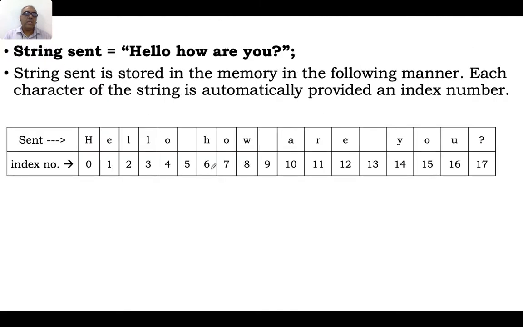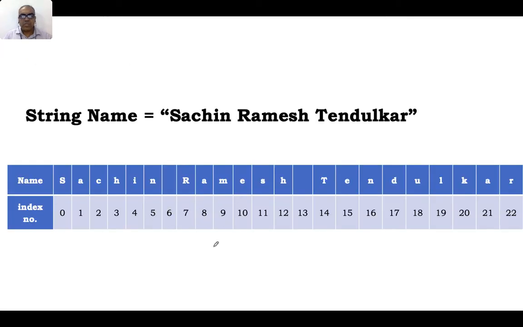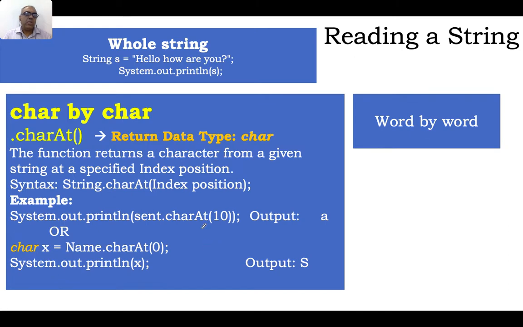Then we have also seen that when you store a particular string, it provides auto index numbers to each and every character of the string, beginning always with 0 and going to the last character. So as example, number 2 is well here. Then we have also seen, when we want to read a string character by character, we have a function called .charAt, which allows us to read one particular character from a specified index position. So we have seen here our standard variable, say, "hello how are you". In that, the character at 10 is A, whereas in name, which is Sachin Ramesh Tendulkar, the character at 0 is